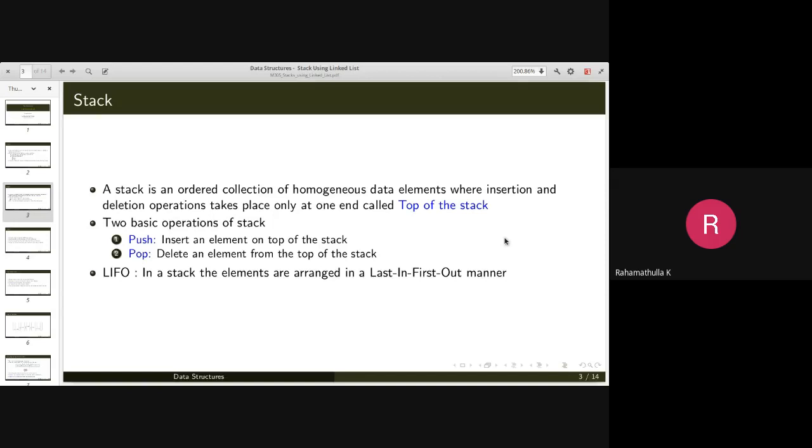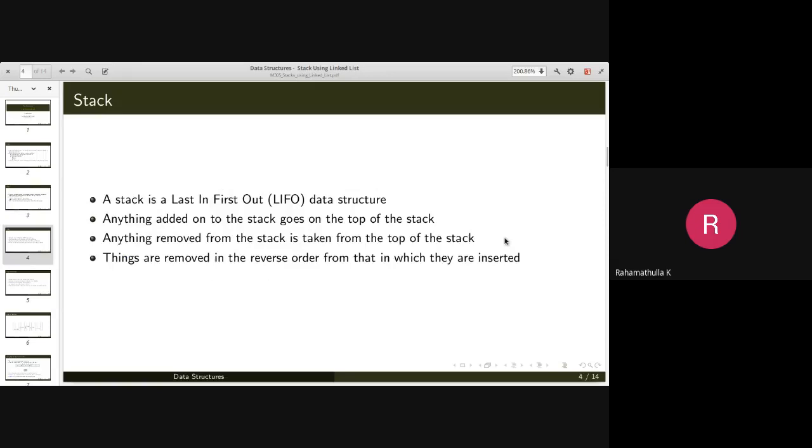So you will have a pointer which points to the topmost element in the stack. You can insert an element on top of it, or you can delete the element which is pointed to by the top pointer. A stack is a last in first out structure. The elements are arranged in a last in first out manner. The last inserted entry will be the first deleted element.